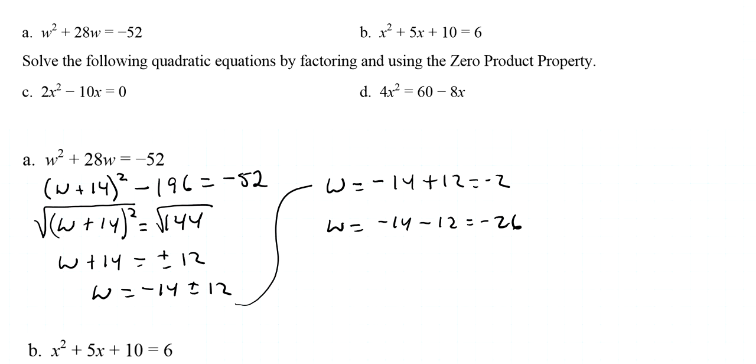So what we did is we completed the square to rewrite and solve each quadratic equation below, and we solved and we got W, the x-intercepts. When they say solve the quadratic, that's what we're getting. We got negative 2 and negative 26. Alright,